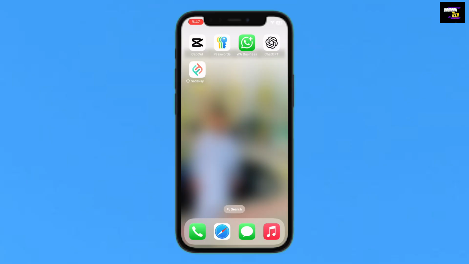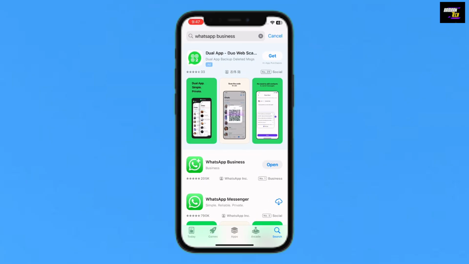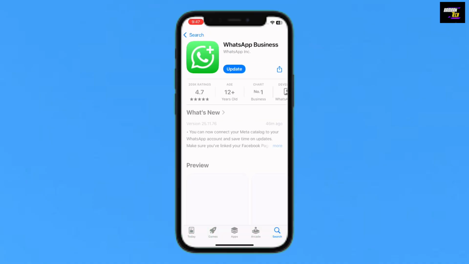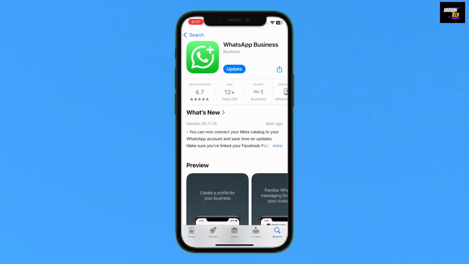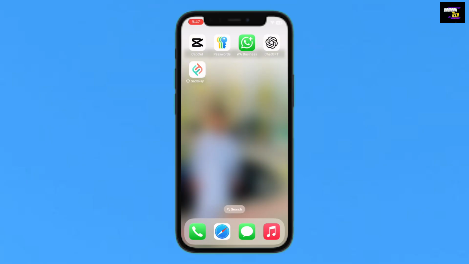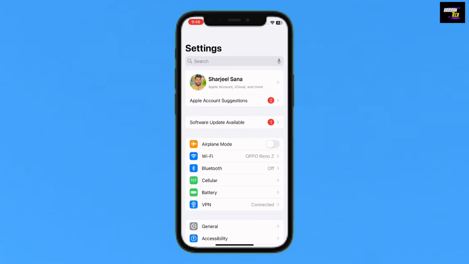For this, the first step is that we will go in the App Store and find WhatsApp Business and check the latest version of this. Right now I am on the old version, so make sure you update it. After updating, if you again cannot receive the verification code, we will go in the iPhone settings,